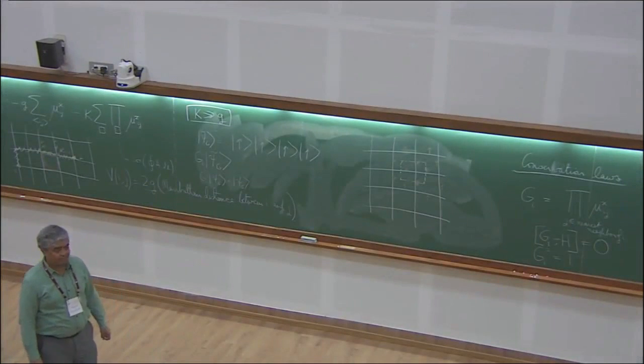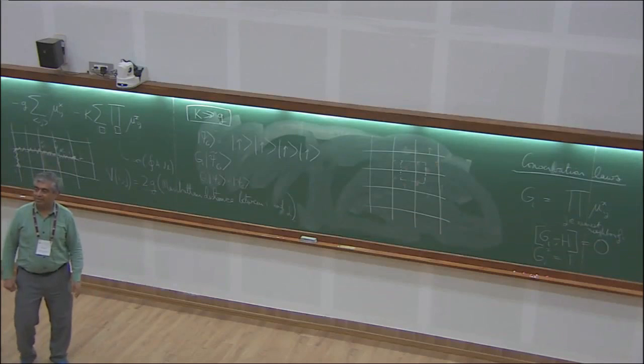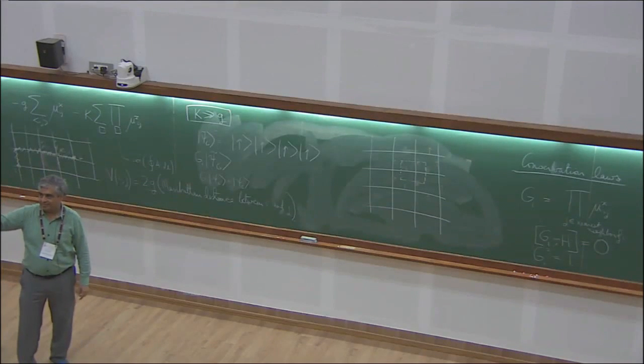No, mu x acting on up gives you down. Mu x is like the Pauli matrix, 1 in the off diagonal. So sigma x acting on up gives you down. Sigma y acting on, there's no sigma y here, sorry. Sigma x acting on down gives you up. Just a flip over.